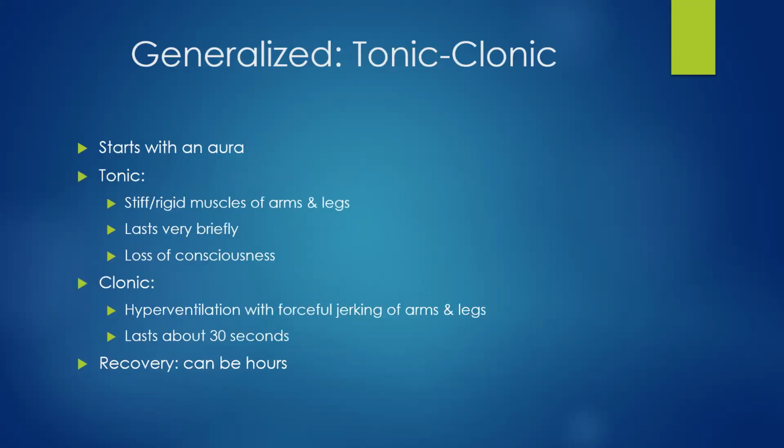All right, so our tonic-clonic seizure is going to start with an aura. An aura is a sensation, like you feel like something is off. Or some people describe tunnel vision right before they have a seizure. And this is your grand mal, if you will. That's what they used to be called. There is a tonic phase and a clonic phase. In the tonic phase, the patient's going to be very stiff, and it's very brief, and typically that's the point where they lose consciousness.